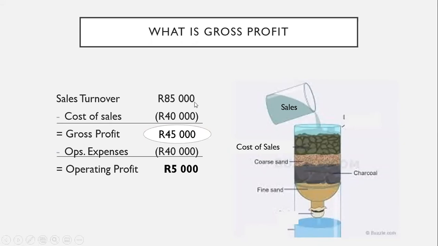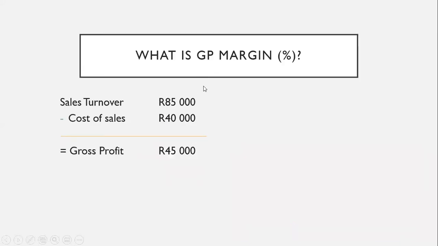that you're in. And so it's simply your sales turnover, or your income, or your revenue, minus your cost of sales. And we're going to talk about these two elements because these are the two elements that impact your gross profits a little bit later on. But for now, we're going to talk about what gross profit margin is. And so you'll often hear people referring to GP margin, and margin is simply a percentage. So when everyone talks about margins or GP margins, they're generally referring to your gross profit margin, which is a